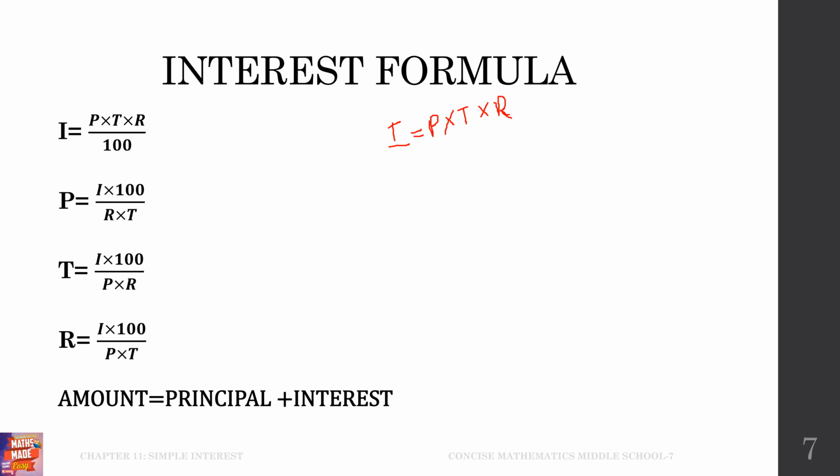So now if we want to find the principal formula, I'm going to derive the second formula from the first one. So keep the principal at the same place as it is and get all the others to the other side. So when 100 goes over here, it becomes multiplication, because it is coming to the other side of the equal to. So interest into 100